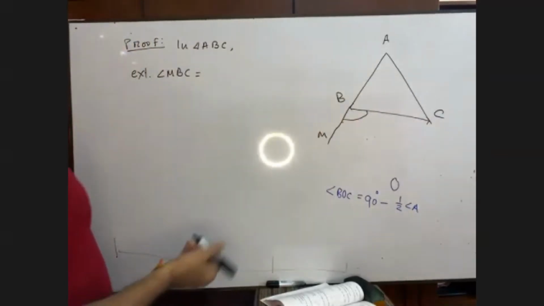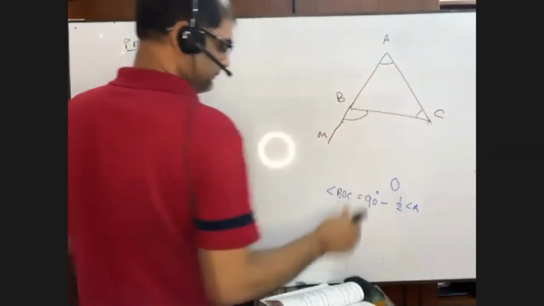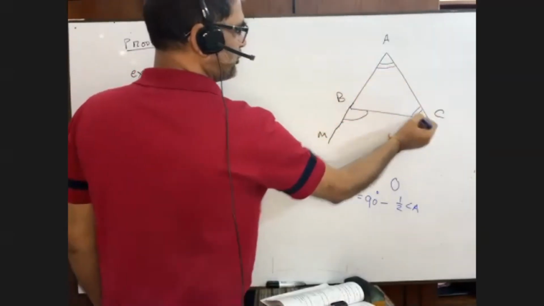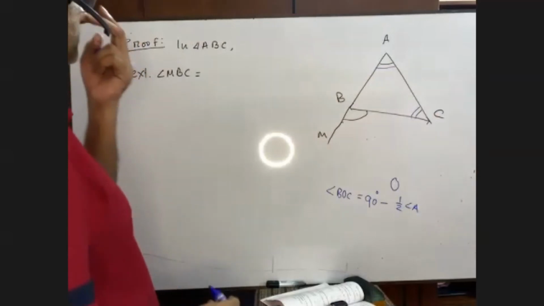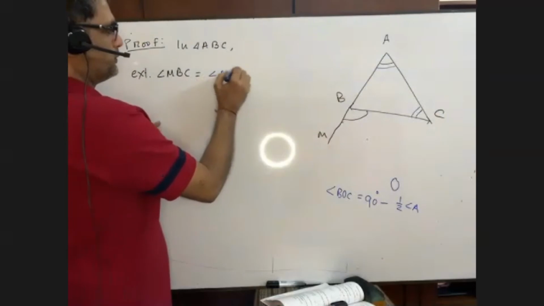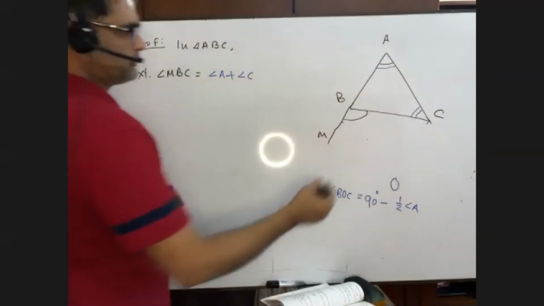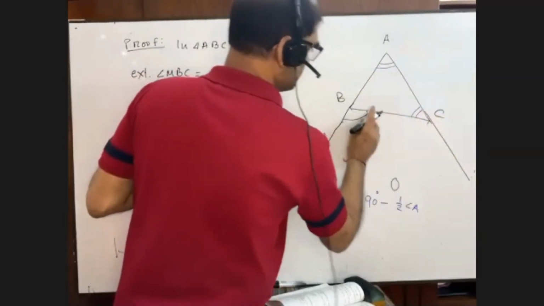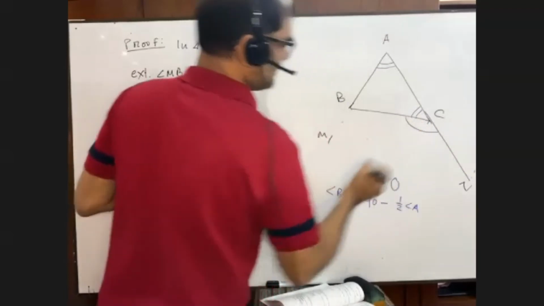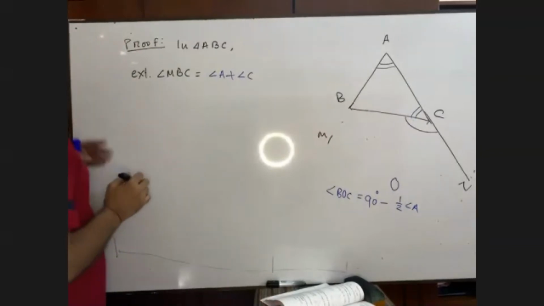Is equal to what? The sum of the opposite interior angles. What is the formula? Exterior angle is equal to the sum of the opposite interior angles. Do you know or not? I remember, sir. So it is equal to A plus C, right? Yes, sir. Now suppose you are given this, so it was N. So it is another exterior angle. What is that?